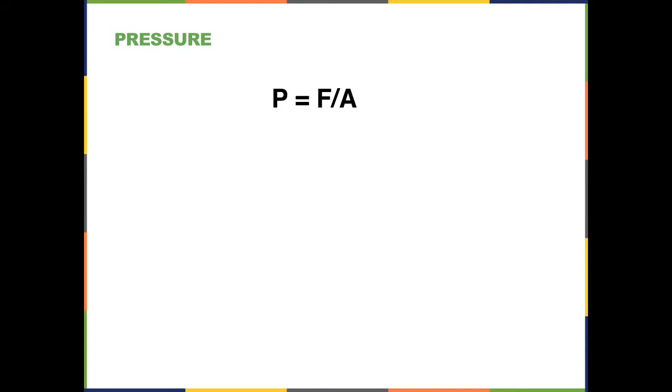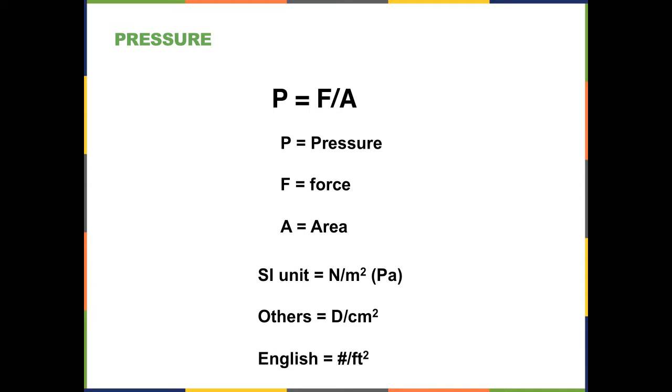Pressure, on the other hand, is force over a particular area, or force per unit area. P here is pressure, F is force, and A is area. And here are some units that are reasonable to keep in mind when you think about pressure. Now remember, pressure is a force unit, so it's newtons in the metric system, newtons per square meter, and the